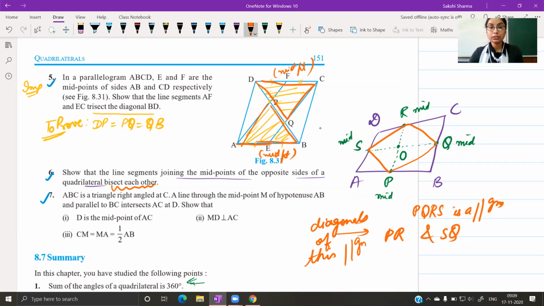सेकेंड ऑप्शन कन्वर्स ऑफ मिड पॉइंट थ्योरम, जिसमें सिर्फ एक साइड का मिड पॉइंट चाहिए होता है, तो वो यहाँ पे पॉसिबिलिटी है बिकॉज मेरे पास दोनों ट्राइंगल्स में सिर्फ एक एक साइड का मिड पॉइंट है. सो दैट्स पॉसिबल दैट आई विल बी एबल टू यूज कन्वर्स ऑफ मिड पॉइंट थ्योरम. लेकिन कन्वर्स ऑफ मिड पॉइंट थ्योरम में सेकेंड कंडीशन ये है कि साइड पैरेलल होनी चाहिए. मिड पॉइंट में से जाने वाला लाइन सेगमेंट टू सेकेंड साइड ऑफ द ट्राइंगल इट शुड बी पैरेलल. सो यहाँ पे अगर आप इस ट्राइंगल पे फोकस करते हो,